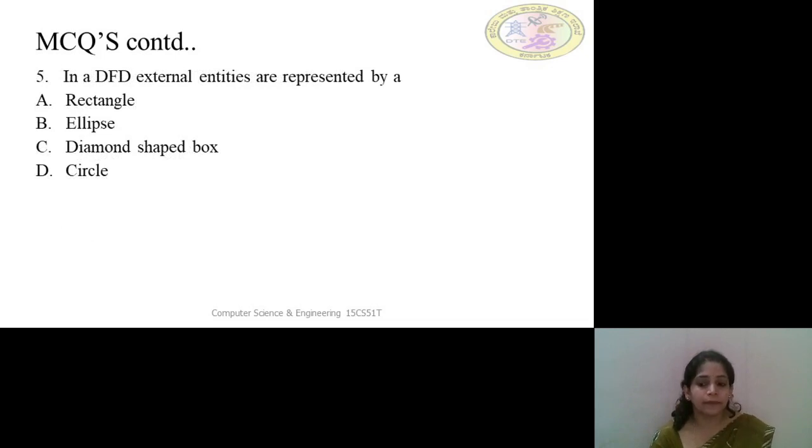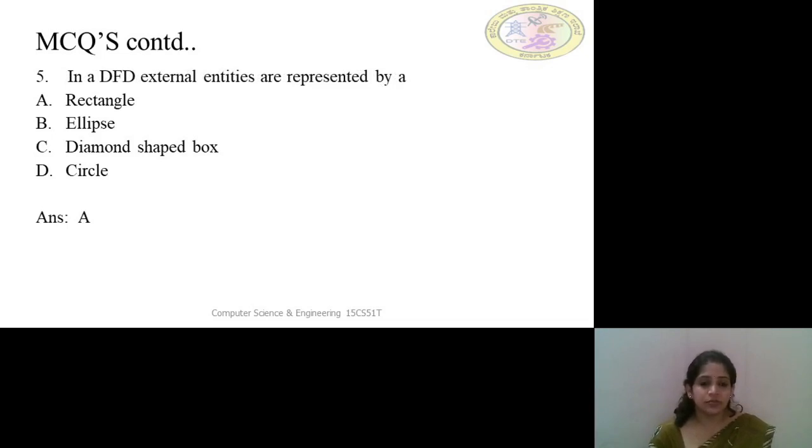Question number 5. In a DFD, external entities are represented by option A, rectangle, option B, ellipse, option C, diamond shaped box, option D, circle. We know that in the DFD, external entities are represented by a rectangle.